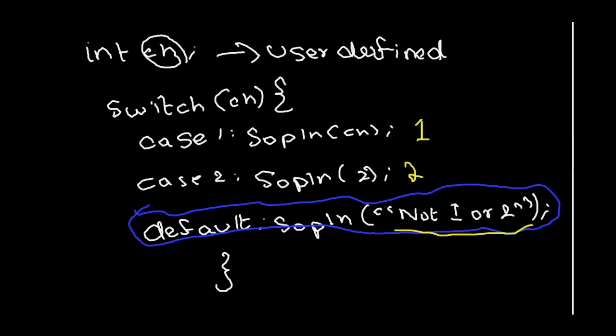Now let's say that the value of ch was 2. It would come in from case 2, it would have printed 2, and then it would have printed this subsequently. Now this holds true for any value, like if it was 3 it would have gone straight to default because 1 and 2 are not equal to 3. So whatever case it is, it will enter straight from there, from case 2 in this case, and then it will keep going down, it will keep falling through.